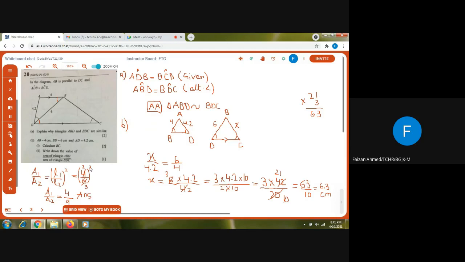So that was a question from a past paper, and I told you that congruence and similarity is a topic which is coming in paper number 1. So you have to solve it without using a calculator. You have to practice it well in order to solve it in the paper. Otherwise, you will panic because you are very much used to the use of a calculator. So I recommend you to start solving these types of questions without a calculator.